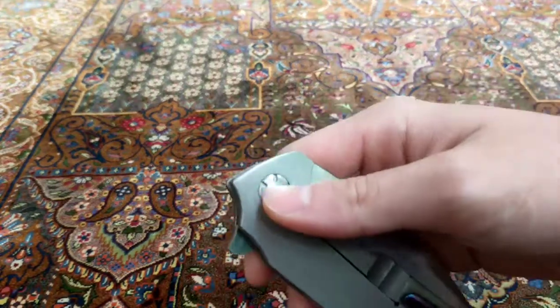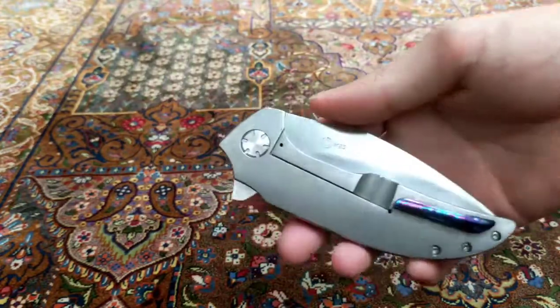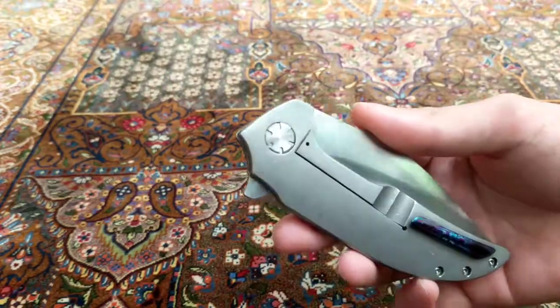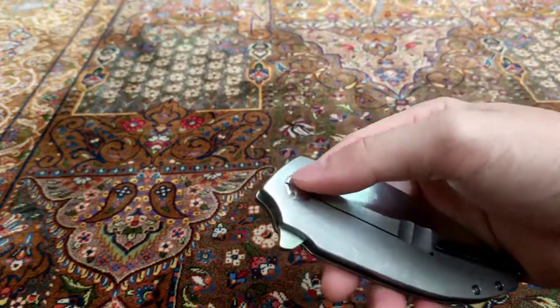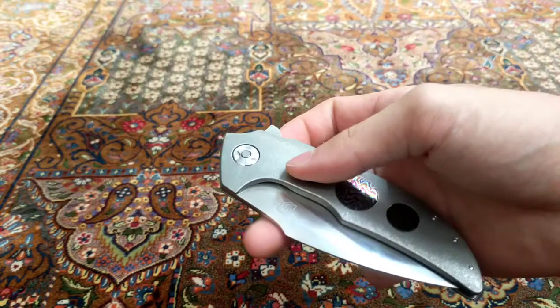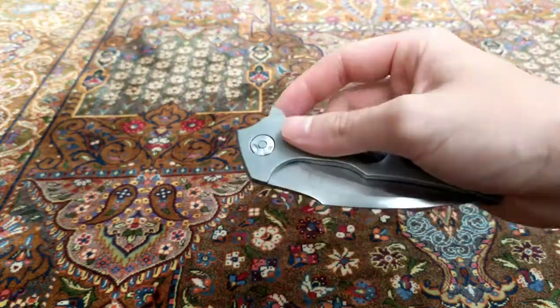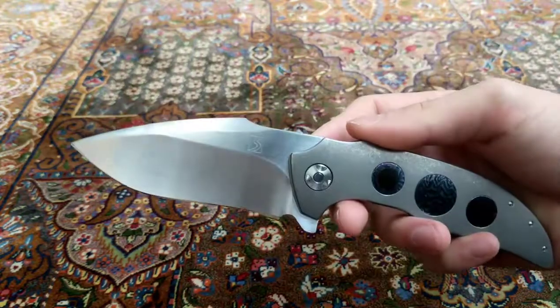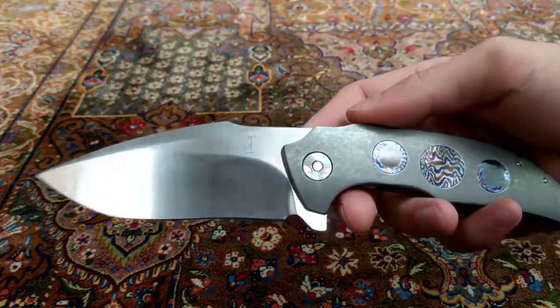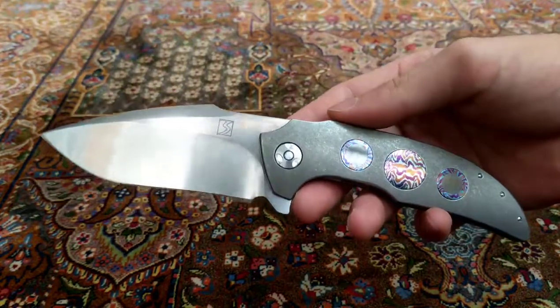And there's a nice pivot right here, and he even provides you a pivot tool. His other knives now have standard hardware, but this is fully custom hardware. And now to the blade, the action. The action is pretty good. The D10 is perfectly well balanced,